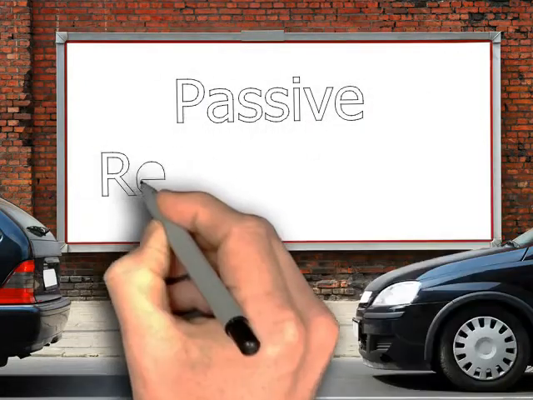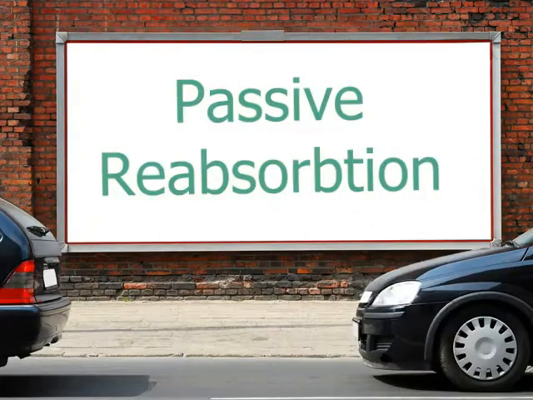Passive reabsorption or diffusion. Some solutes are reabsorbed from the renal tubules by simple diffusion, because of their higher concentration in the glomerular filtrate as compared to the blood. Substances such as urea, ammonia, creatinine and ketone bodies are never reabsorbed completely and are excreted along with the urine. Much of the water present in the filtrate is also reabsorbed by passive transport without utilization of energy. So it is called passive reabsorption or diffusion.